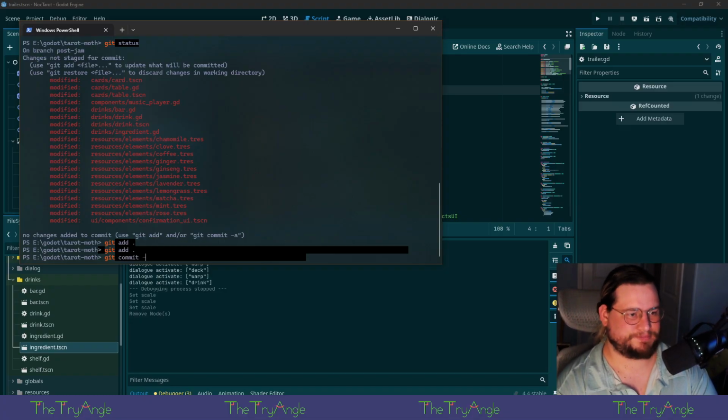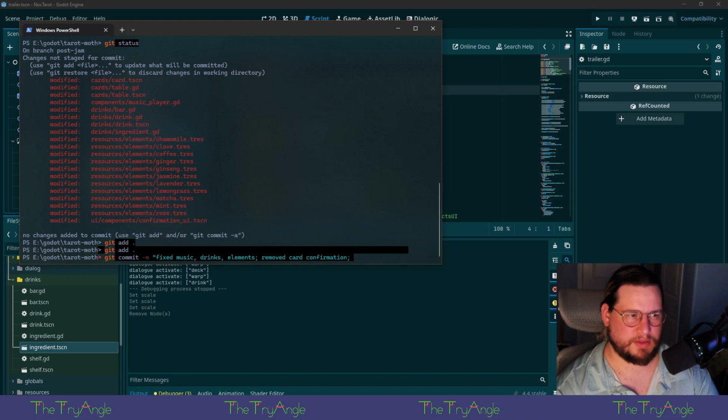That's why I like using UI tools. I don't have to retype everything. Fixed music, drinks, elements, removed card confirmation.